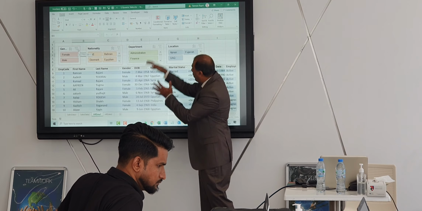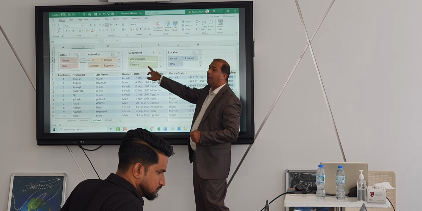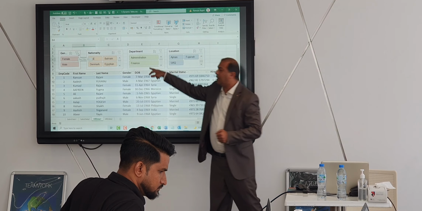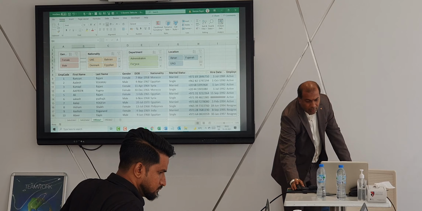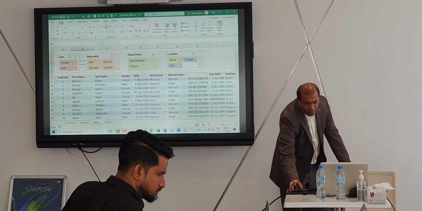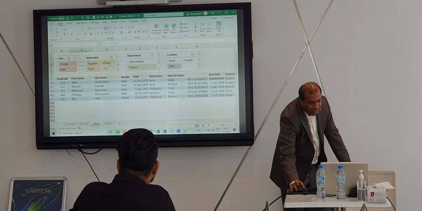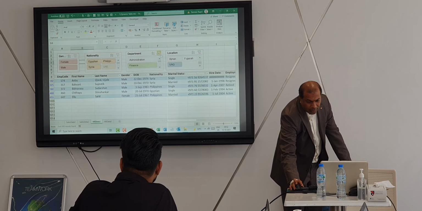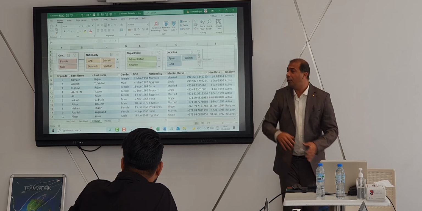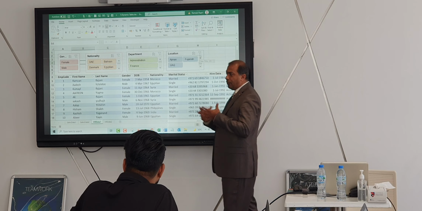Once you click on it, all your data is cleared. I want to see how many people are in finance, all the details. So I click on finance. So all the finance. I clear. I want all the Fujairah, Ajman, administrative, finance. It's amazing. So again I click on it, click on it, click on it. So now you don't have to go again and again to the filter.